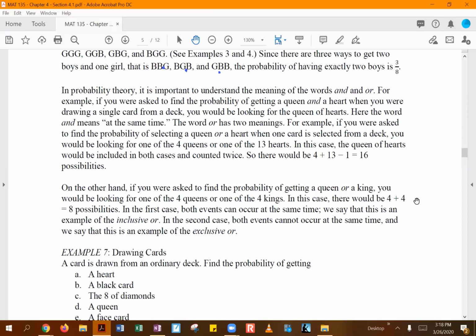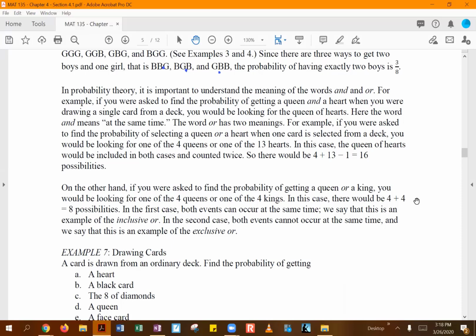Now, when you're talking about the word or, that can actually have two different meanings. So here we're talking about, again, what is the probability of selecting a card that is a queen or a heart when you're selecting a card from a deck. So that actually means you can get any of the four queens, right, from the four different suits, or you can have any one of the 13 heart cards. So in this case, you would actually say, okay, there are four queens in the whole deck of